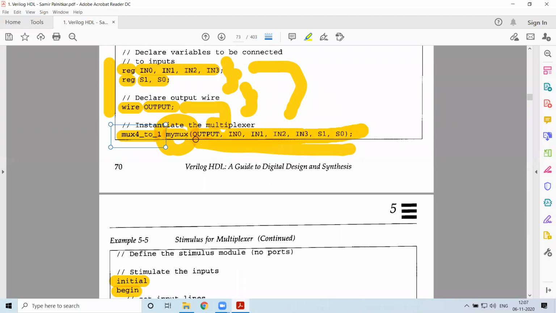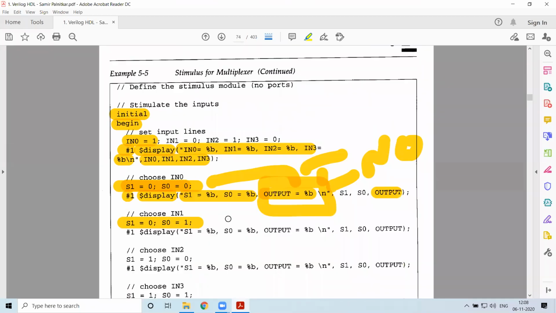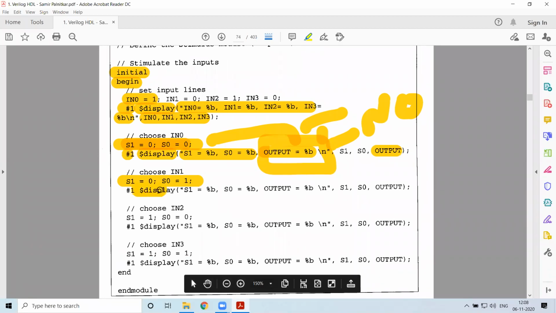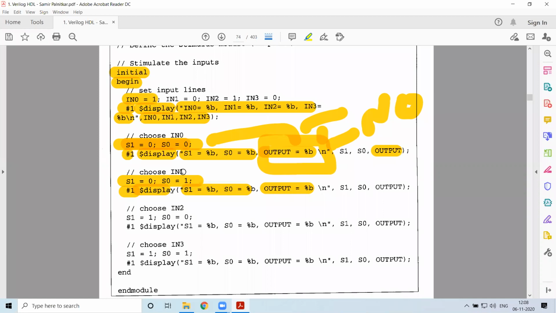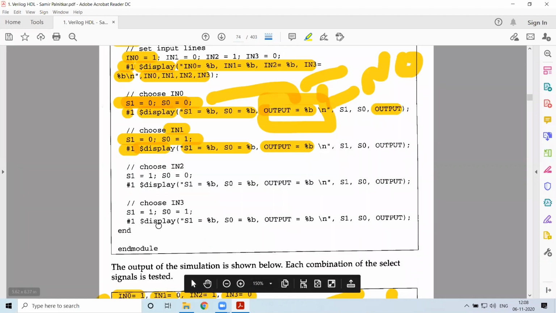I have changed the parameters S0 and S1, so once there is a change, this gets executed, and based on these select lines I get an appropriate result in the output. After one time unit, again you display the output. In this case, output should be related to IN1. Similarly, we have obtained it for all the others.